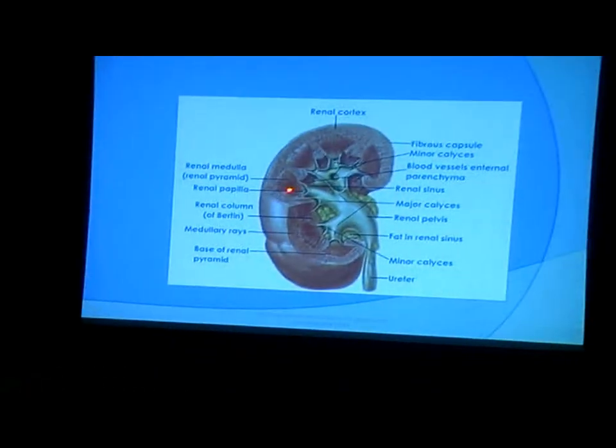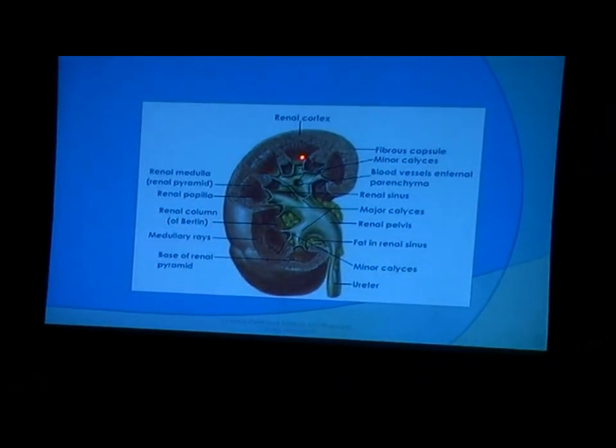We have the renal pyramids like this. Renal pyramids are mainly in the medullary region, they are mainly constituting the medullary region. Outer portion is the renal cortex, and then we have the renal papillae. If you observe, you can see these calyces. They have their extensions on either side of the pyramid. Many times we may not notice it, but when you do it with a higher frequency probe, you will see the calyces extending on either side of the pyramids. We all know the tip of the pyramid is the papilla, and between the pyramids we have extensions of parenchyma, which are called renal columns.